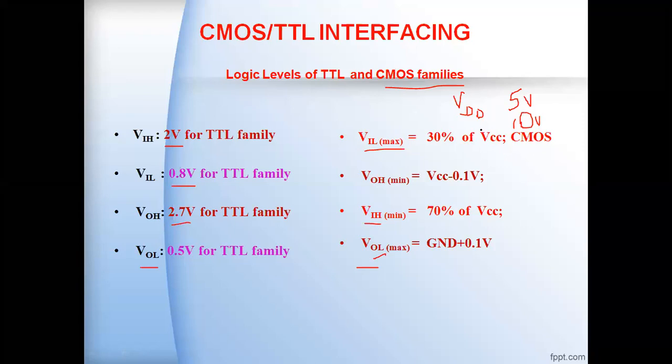So that's why I have not given the values of the VIL, VOH, VIH and VOL here, because they are a function of the power supplies. That depends on the VDD operating voltage. But in most cases we will use 5 volts, and in some cases we will take the higher CMOS voltages. Okay, so with these points, we will move on to the interfacing part.